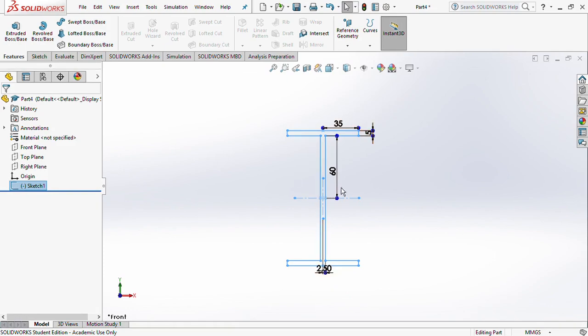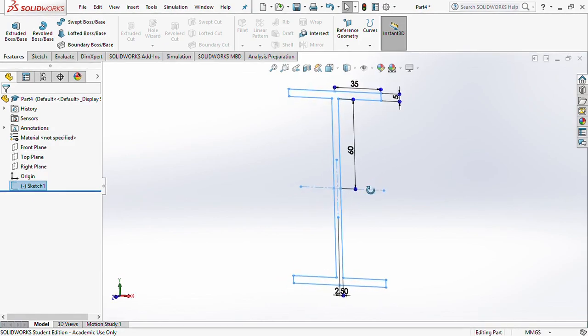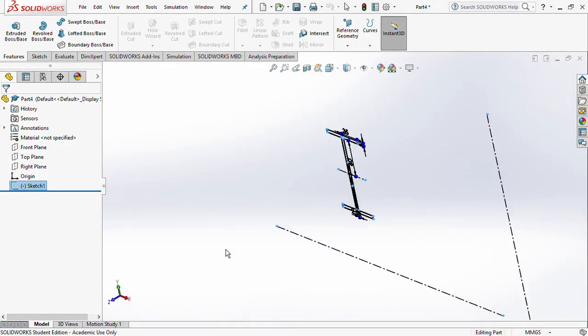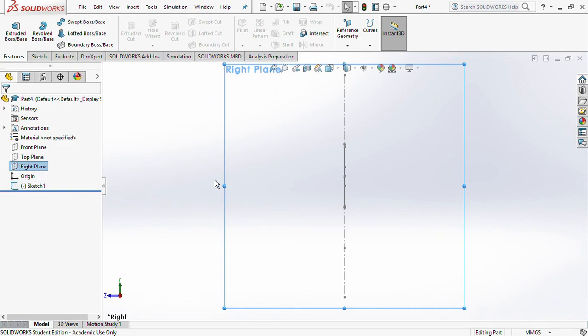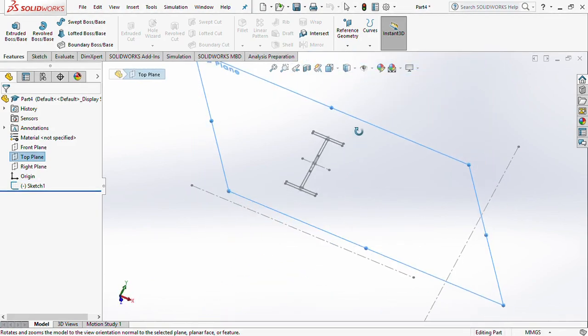That's like basic drawing. General comments, just start at the origin, make it in the middle, it just makes life easier. To change to the sketch, you can either press spacebar like that, or you could say right plane, normal 2, which is a little arrow pointing upwards, or you can go top plane, normal 2, and yeah,